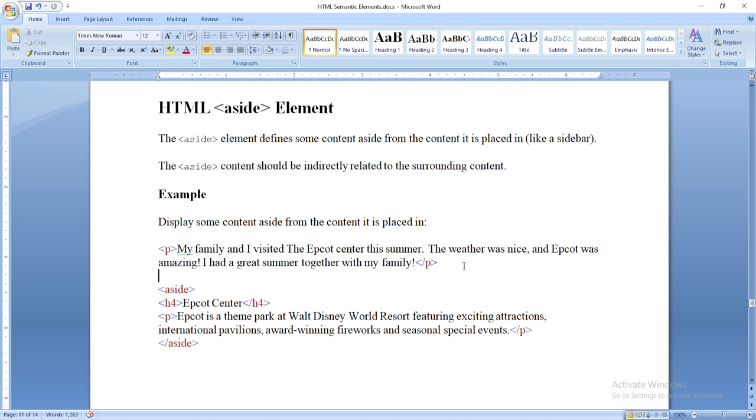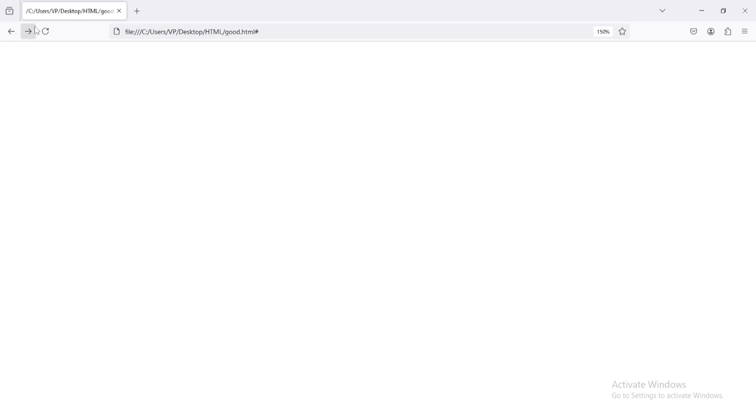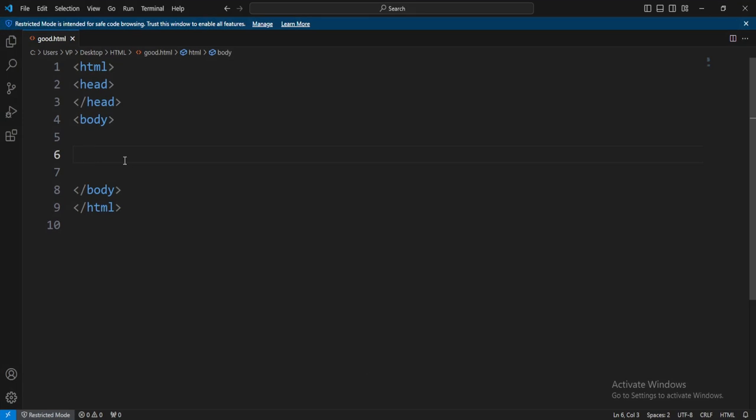Let me show you something right here. As you can see, our document is empty right now, and let's use one aside. To define the aside element, you are going to use a p tag. You can write anything inside your p tag, and also you can now write the aside